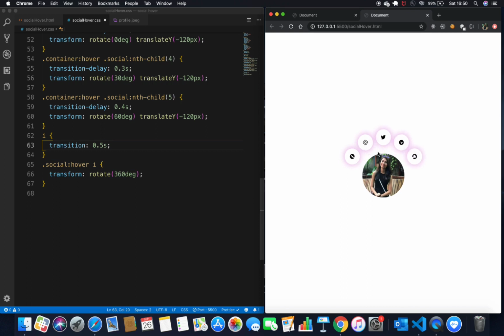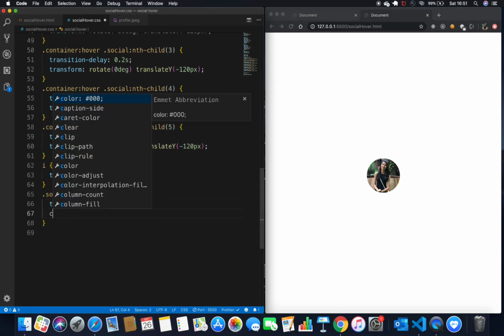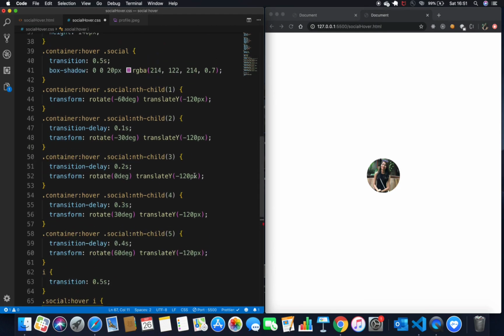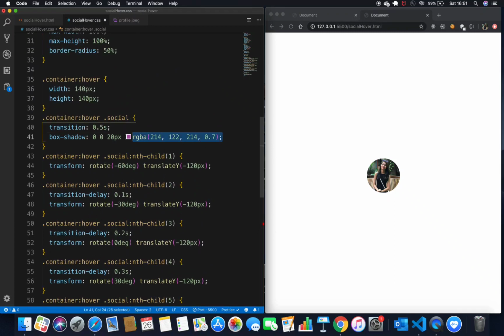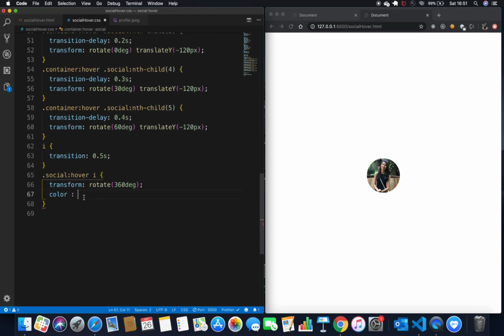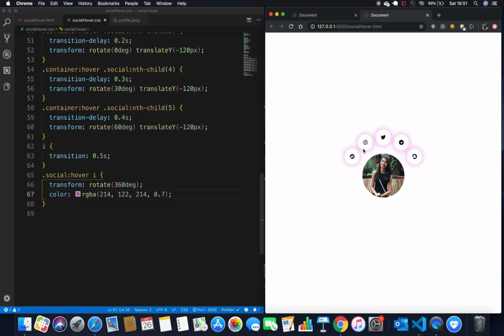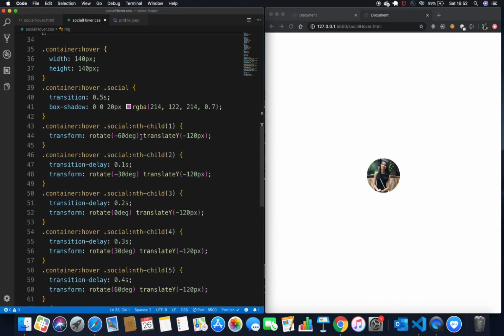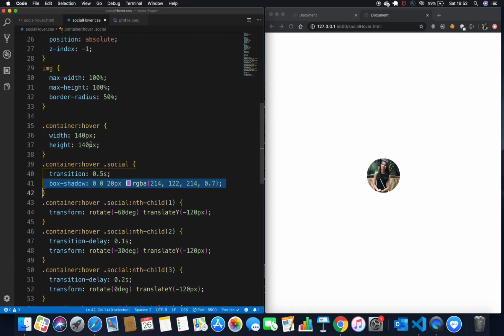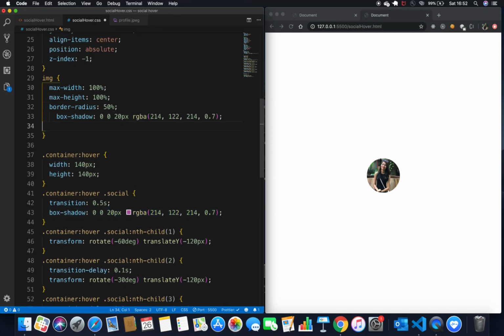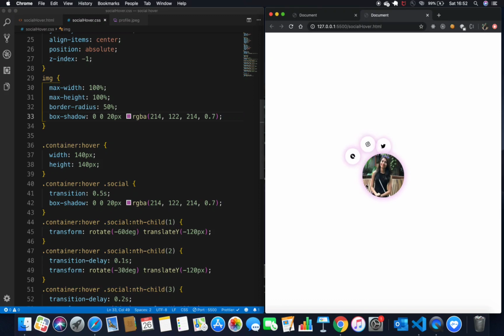So yeah, the icon is basically spinning, and we also need to change the color. On hover, I'm going to give it a color of the same purple color. So let me copy this one. Yeah, so let's check this now. So now if I hover on each of these, yeah, the color is also changing, right? And we can also give the same box shadow that we have given for this div to our main profile picture. So basically I'm going to copy this box shadow and also put it for the image, right? So now this image also has that effect.